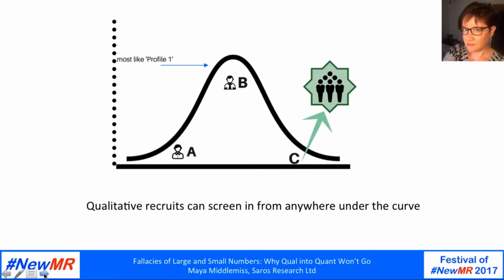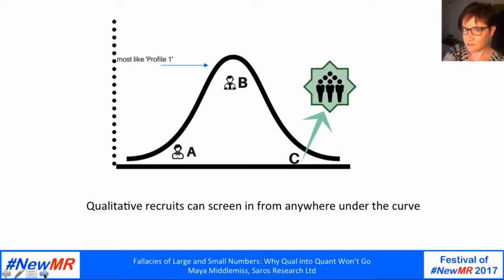We could recruit you an entire group randomly from point C on the curve, quite possible when we're talking about low numbers. We could recruit A's and C's and a few B's, they won't have anything in common. All of these people screen through just fine with the locked tool we're given, and they could all be random outliers. The small numbers involved make less typical fits far more likely to occur.